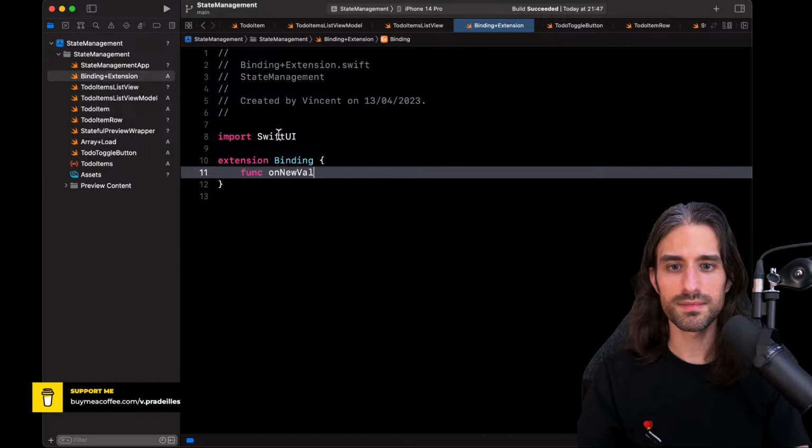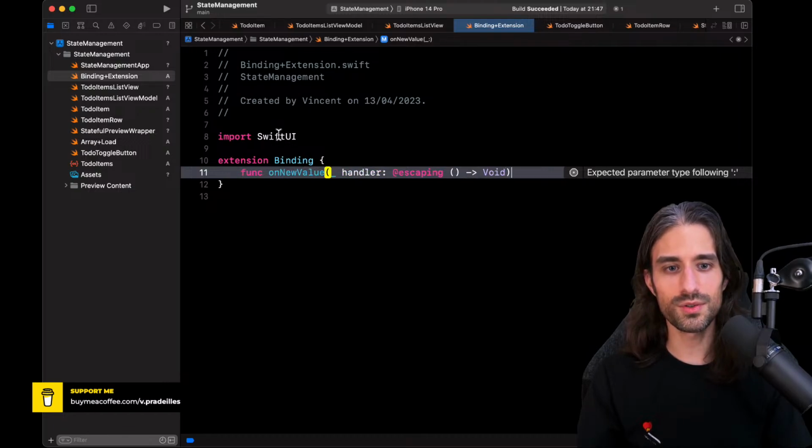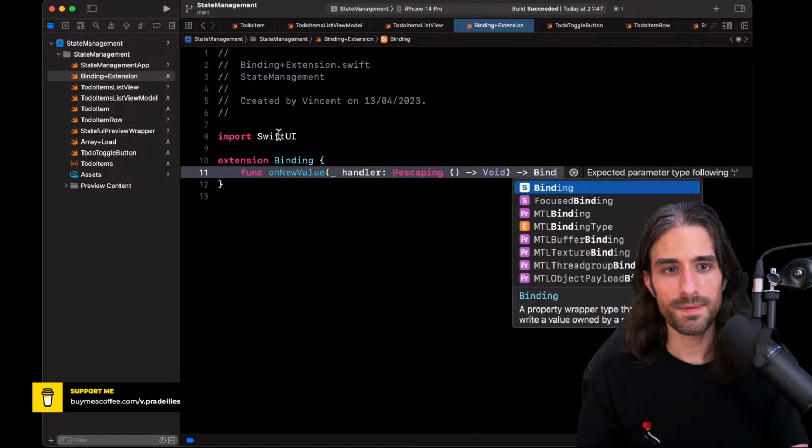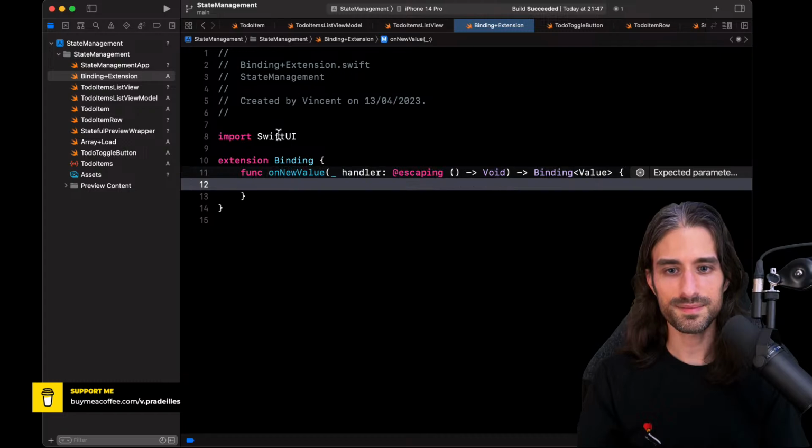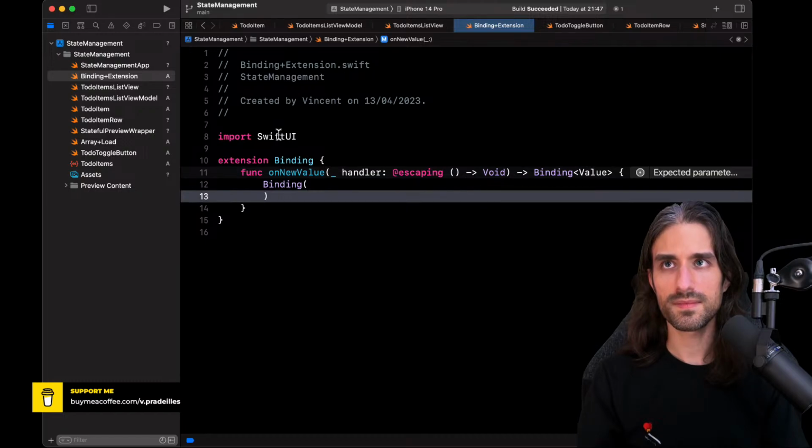So onNewValue, I take a closure which will be my handler. And if you have a solution, I will be very curious that you share it also in the chat to see how you would do it. So I'm going to introduce this modifier, onNewValue, and I return a new binding that will, for the getter, just return the wrapped value, because for the getter there is nothing to do.